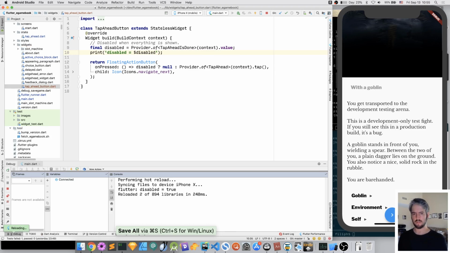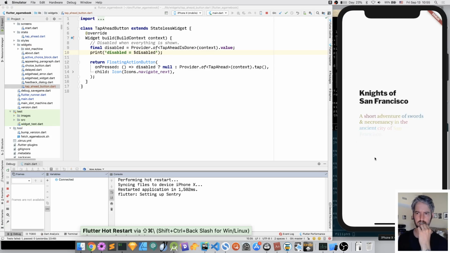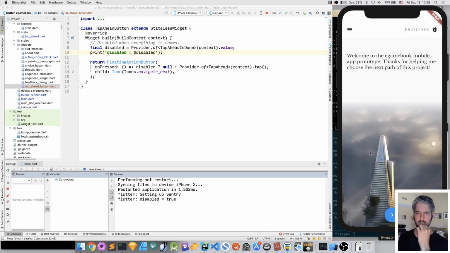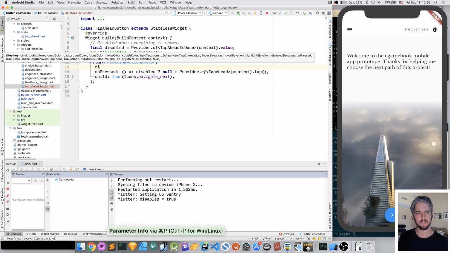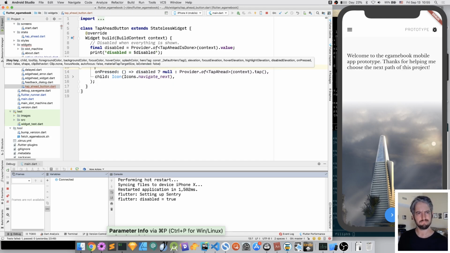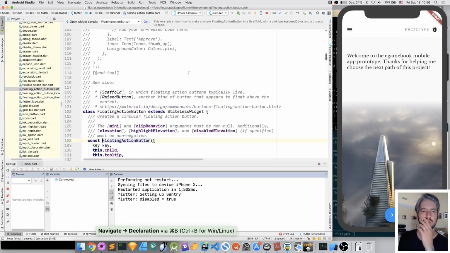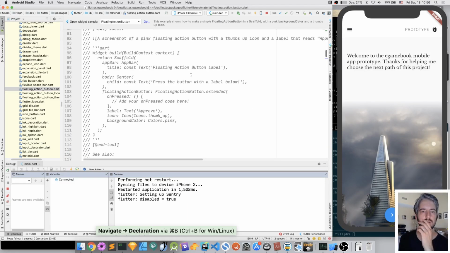Everyone loves print statement debugging. It's disabled. It looks like it's not. So maybe it's time for us to read the documentation. There's no disabled. Okay, let's read the documentation. I try to avoid it in this, but